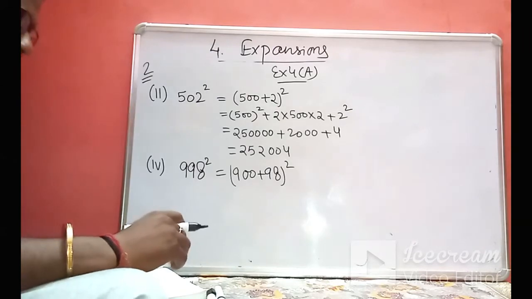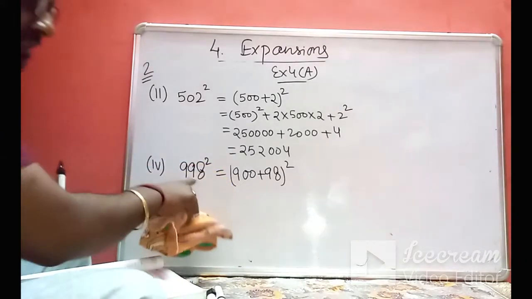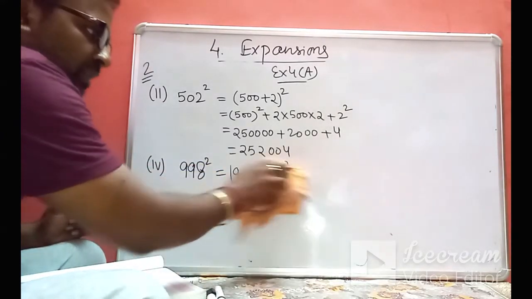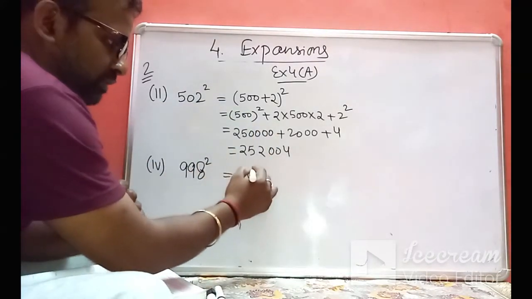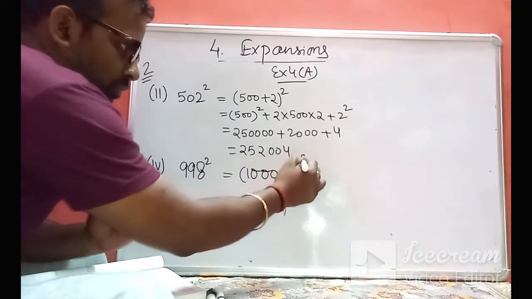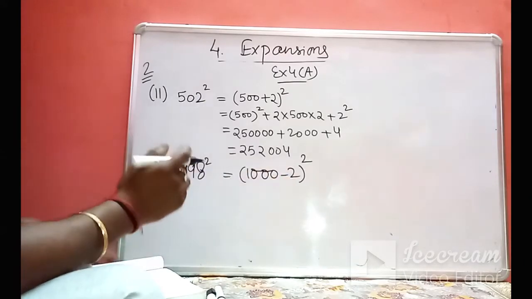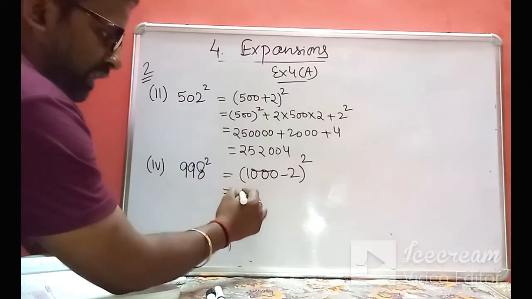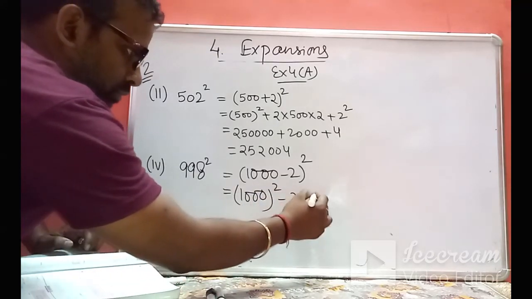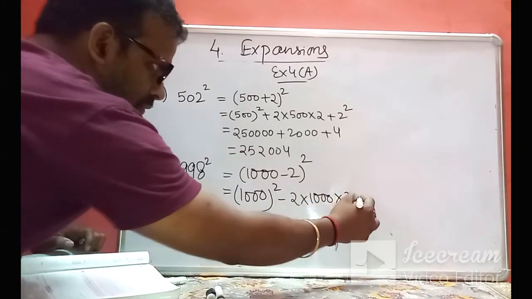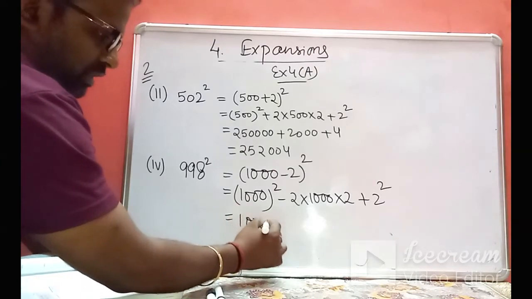So instead of it, if I notice very carefully, I come to know that it is less than 1000 only by 2. So instead of using this, we will use it like this: (1000 minus 2) whole square. Now see, 1000 square we can easily calculate, and 2 square also we can easily calculate. So I will be calculating it like this: 1000 whole square minus 2 into 1000 into 2 plus 2 square. So it will be 1 followed by 6 zeros,